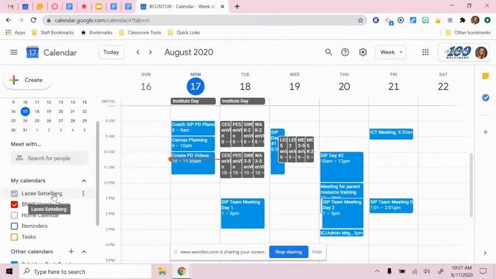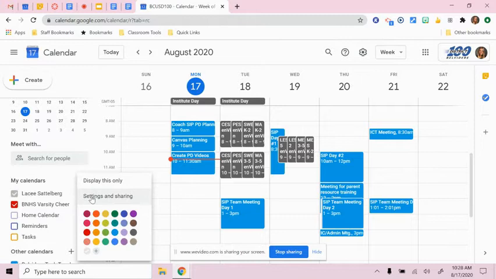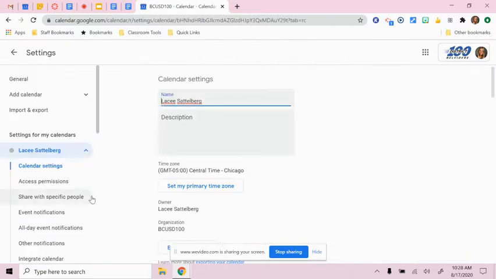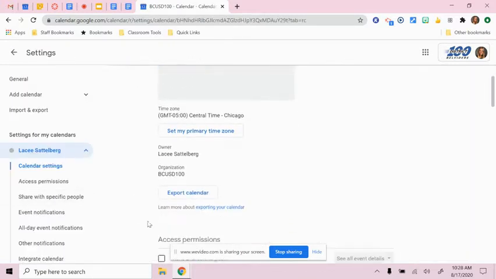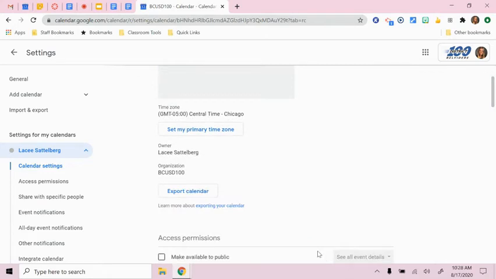So for example, this is my calendar that I use for the district. I titled it as my name. And then you'll see on the right-hand side 3 dots. You will click on that, and then you will click on settings and sharing. And this is important for you to look at and edit, because this will